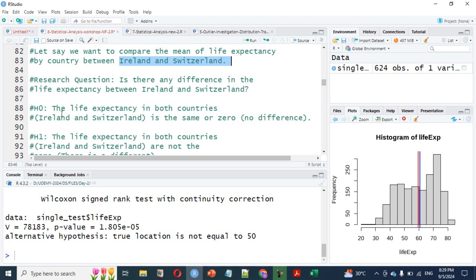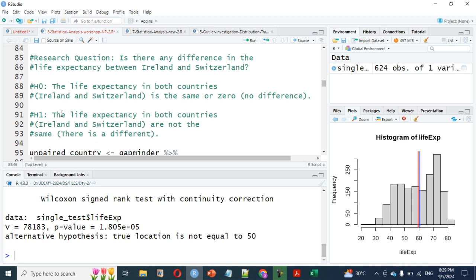Then let's create a null hypothesis from that question. The null hypothesis says the life expectancy in both countries is the same, no difference. The alternative says the life expectancy in both countries is not the same. So we want to test if they are the same or not using our